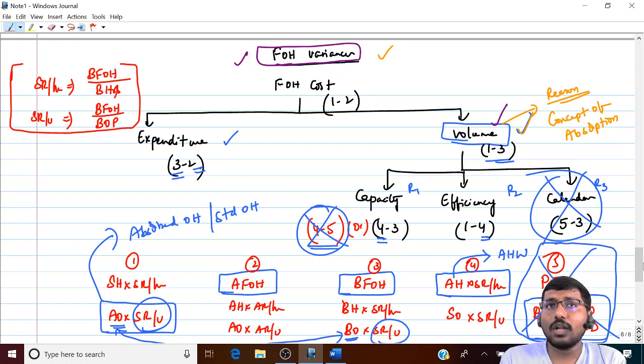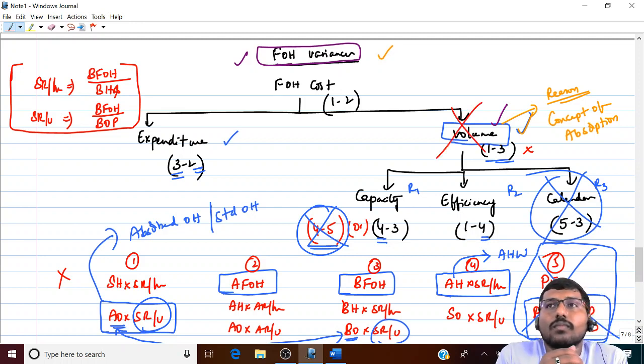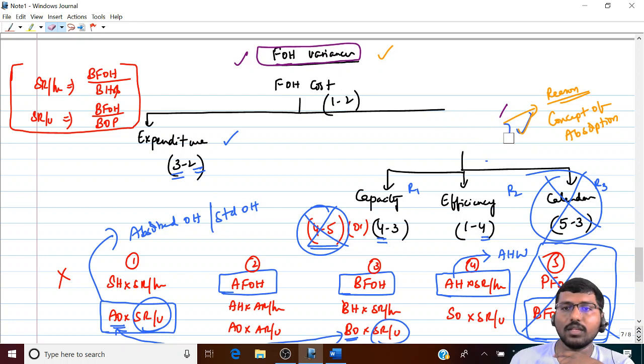There is no such thing as absorbed overheads, which means there is no formula 1. When there is no formula 1, there is no question of 1 minus 3. Which means as per marginal costing, there is no volume variance. So if you calculate fixed overhead variances as per marginal costing, there is only one variance for you, and that variance is what variance? Expenditure variance, exactly. Are you able to understand? That is the trick.